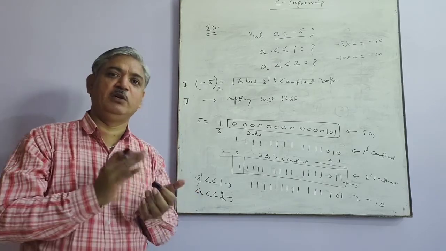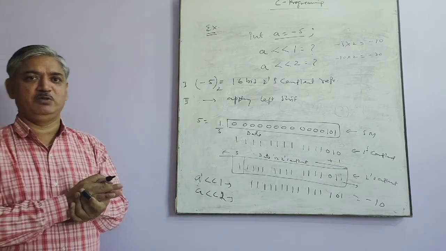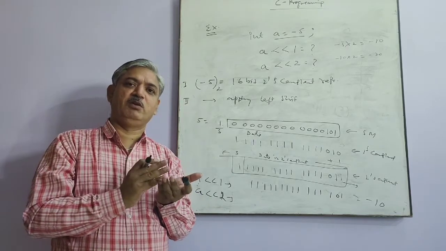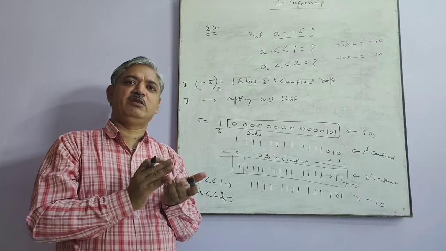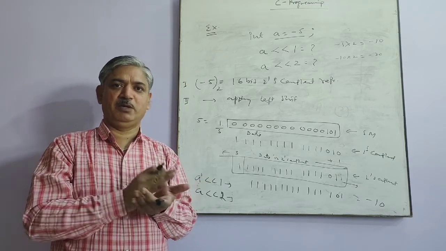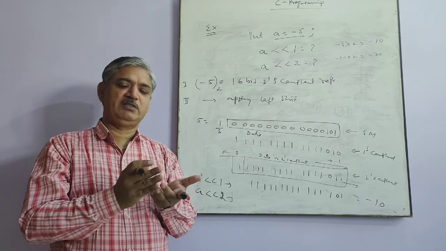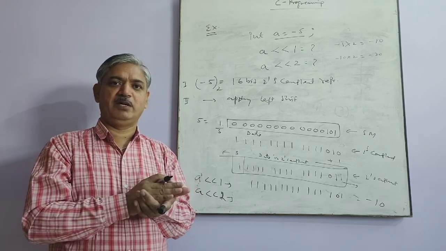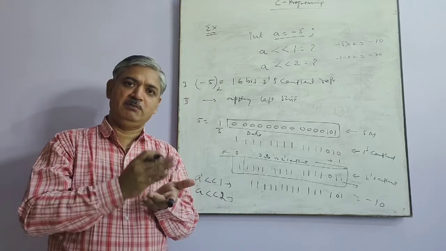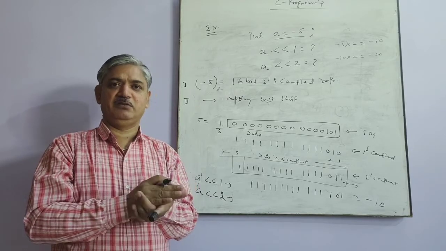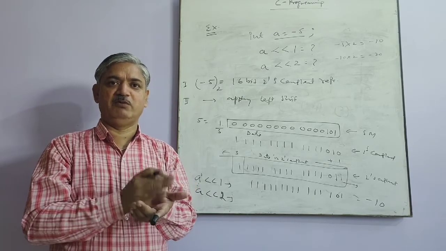Bitwise operation is basically a low level feature of the C programming language. You know, high level programming and low level programming. High level is what? High level is machine independent programming. And low level is machine dependent programming. It means the result depends on computer architecture, machine architecture. That is the low level programming or bit level programming.